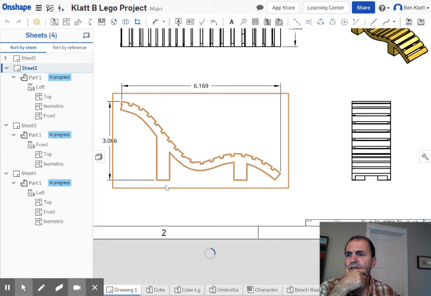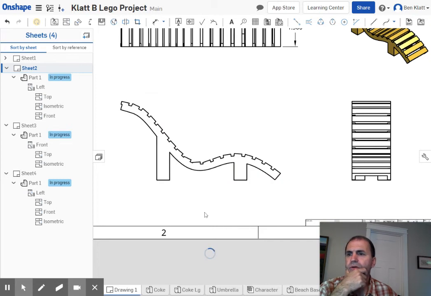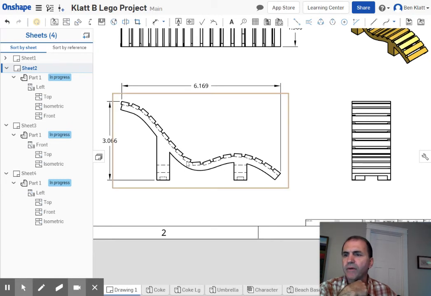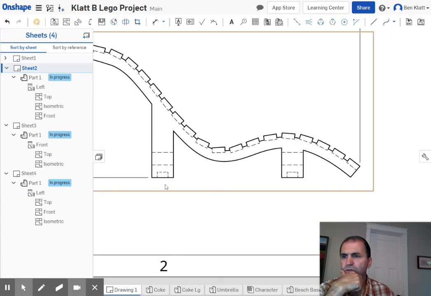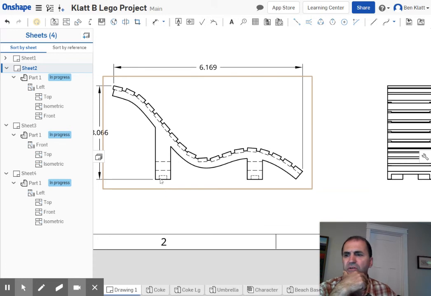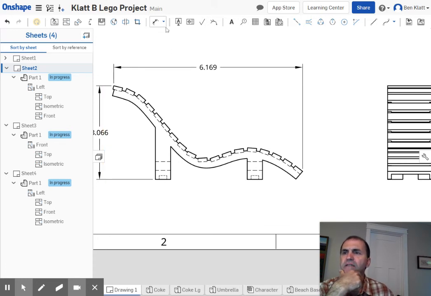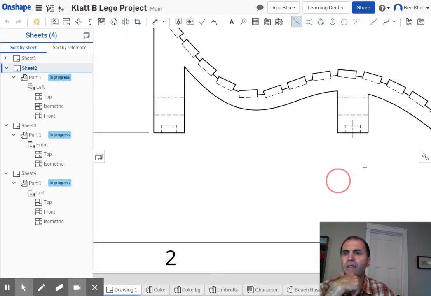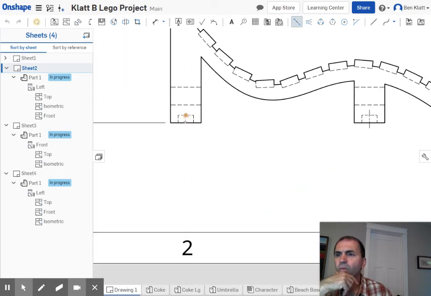And that is going to bring up showing where those holes are on the inside, and a bunch of other things too, but that's okay. So normally you don't dimension hidden lines, but again, these things are so complicated for these parts that I'm not that worried about it. I am going to put a center line though, showing where that point is and where